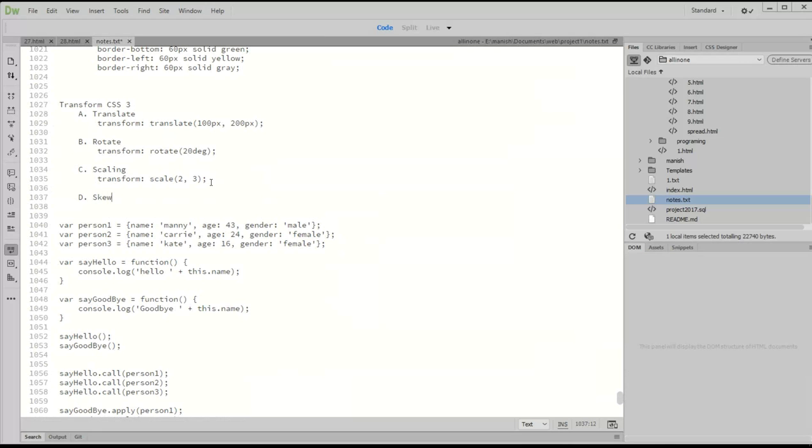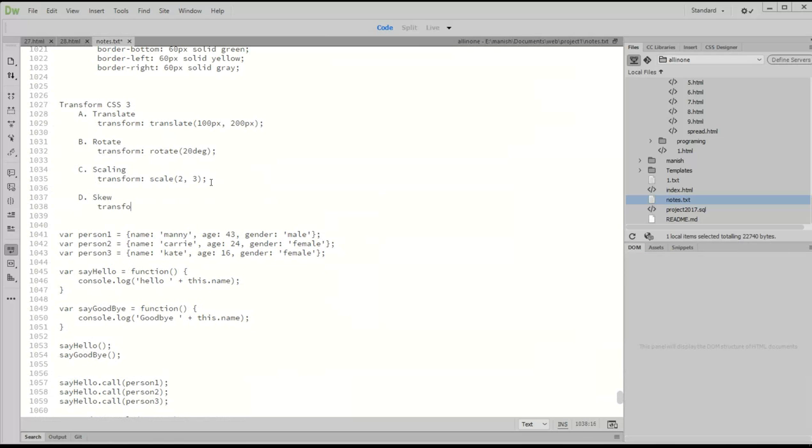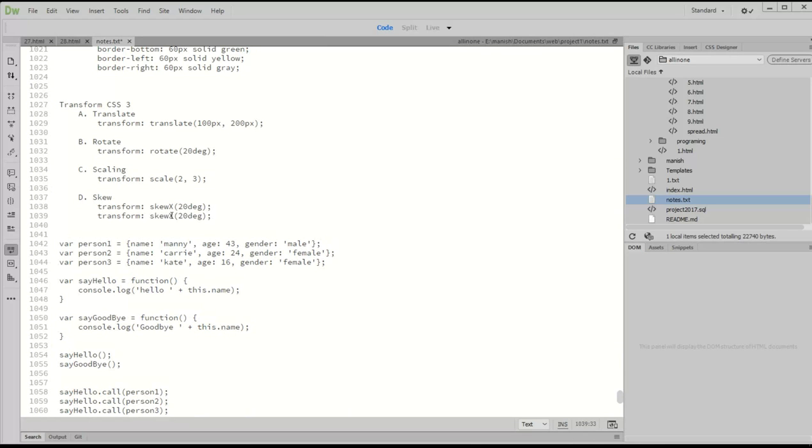and the syntax for the skew is transform. I'll say skew x. So skew can be x, or skew can be y, or skew consists of both the x and y. So I can say 20 degree. If you have done Photoshop, you might have seen the skew, and we'll see now exactly how it looks. Or I can say